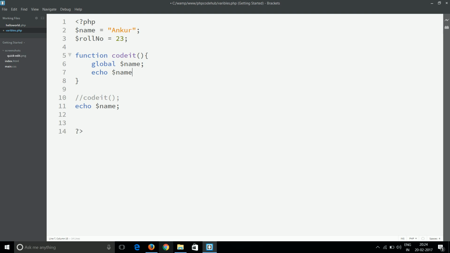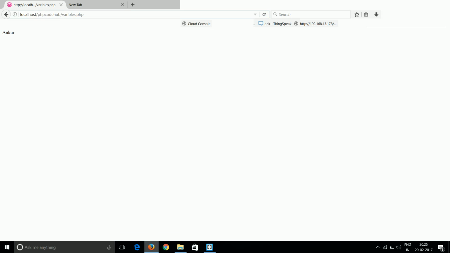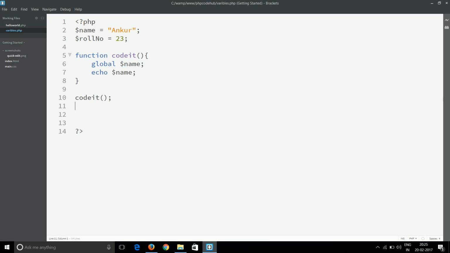Never forget guys, dollar before variable, and again call the function. Now if we run this program again, sorry, my browser is not working. If we run this program with F5, we can see that it is printing Ankur again. This is the output. So this is how the global and local variable work.